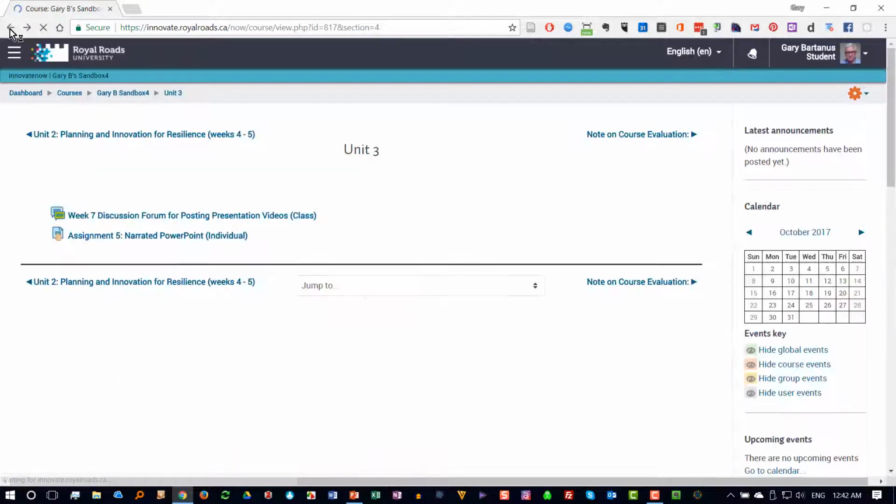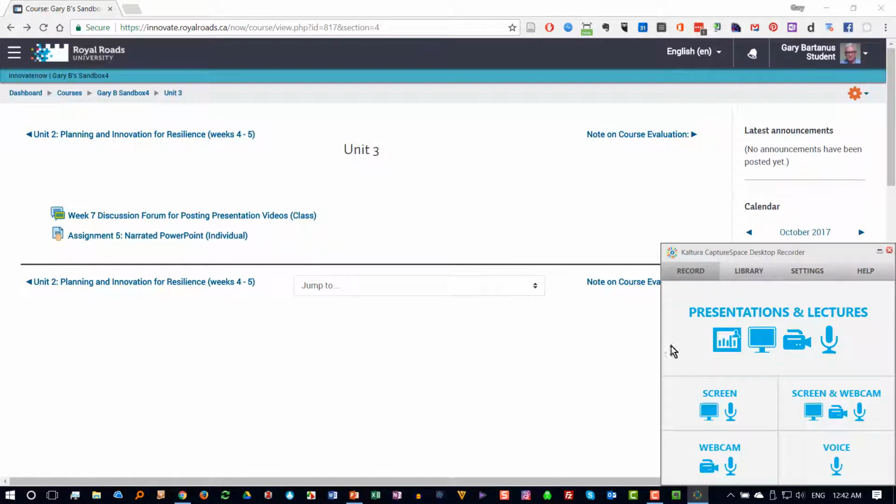And it wouldn't be from this screen, it would be from the Unit 3 screen that we started with, where we have the discussion forum and the assignment. And where CaptureSpace differs is that when I do open it up from down here, it does not change the page. You see it's opening up now, and there is the app showing up on the screen,